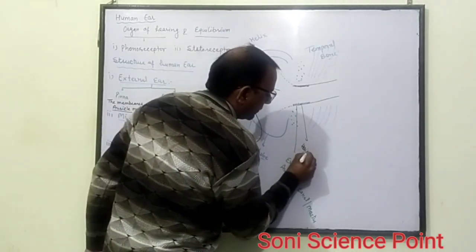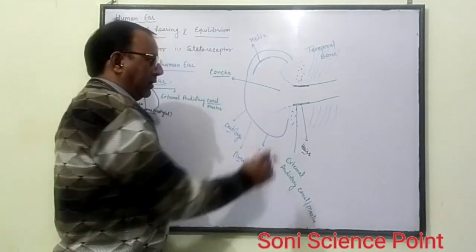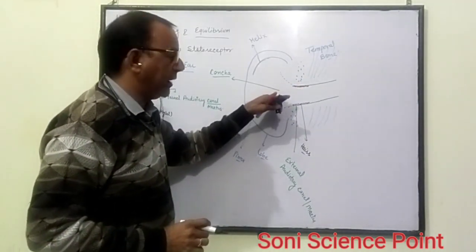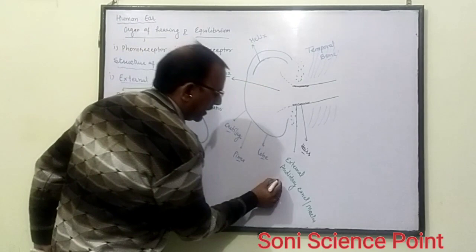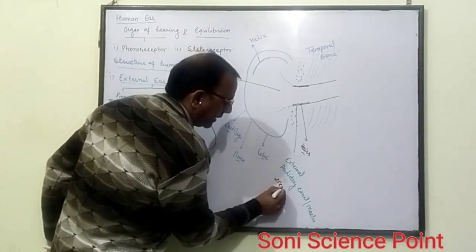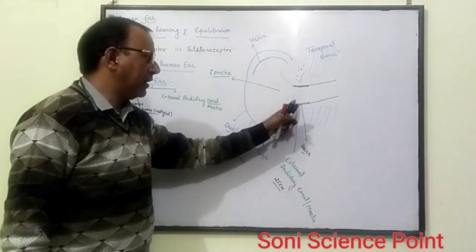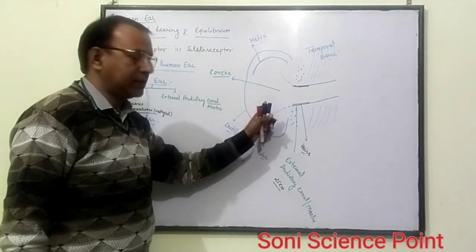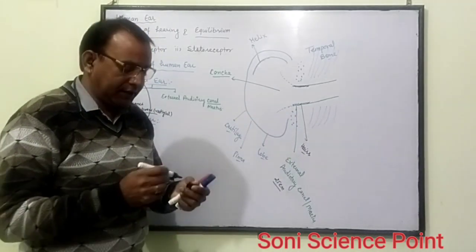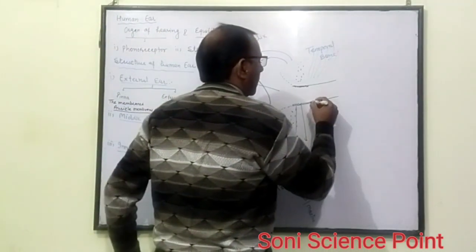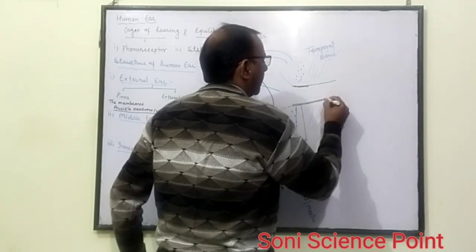This occupies only one third of the auditory canal. The length of the auditory canal is nearly 2.5 centimeters. The one third part on the anterior side contains hairs, and the remaining two thirds of the canal